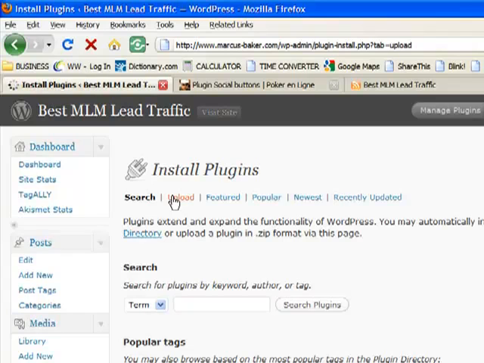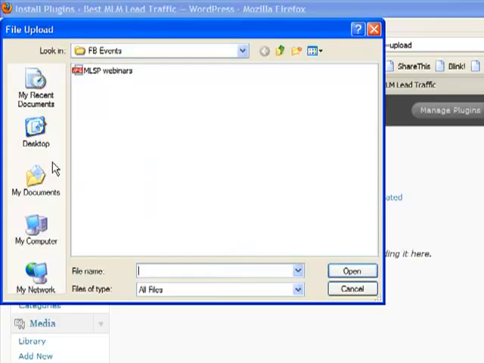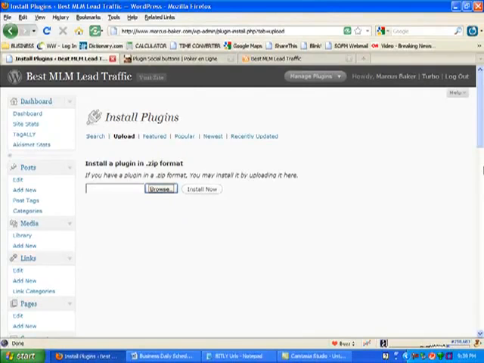And there you go, and you browse. So now you would find it wherever it is on your computer, and once you've done that, you would upload it to your directory. And sometimes that is just an easier way to install plugins that are difficult to do automatically